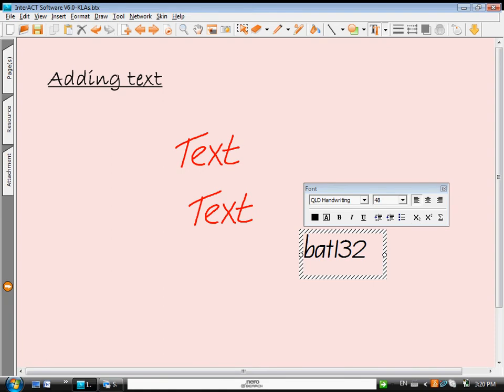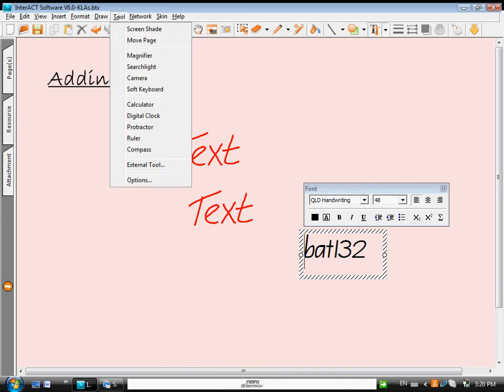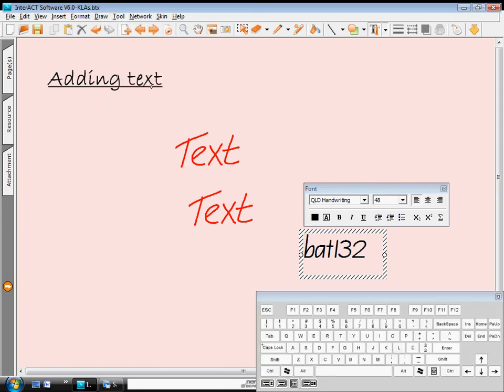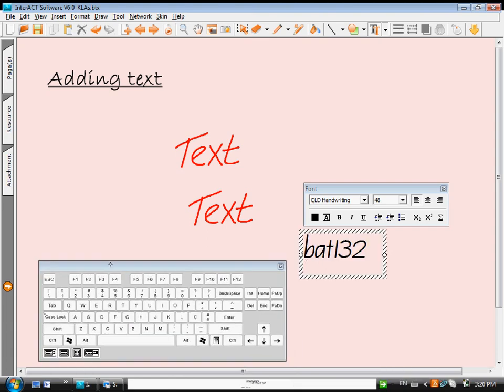If I'm not near my computer keyboard, I can go up to Tool and Soft Keyboard and actually bring up a soft keyboard here to use. As long as my cursor's in that box, I can then delete whatever it is that I want. If I want to make this text box bigger, I can as well. I can then add in other numbers,